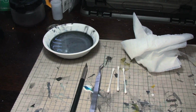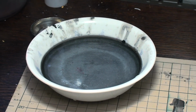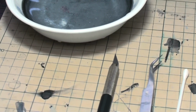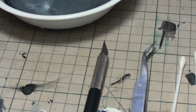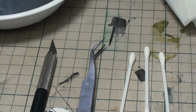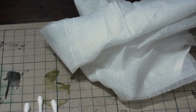Let's start out with the decals. Let's take a look at what you'll want to have handy. First is a small dish of lukewarm water. Forgive the appearance of my veteran modeling bowl here, but that is clean water. Second, your trusty hobby knife. Third, and very important, is a good pair of tweezers, preferably with pointy tips. For fixing the decals, you'll want plenty of cotton swabs,